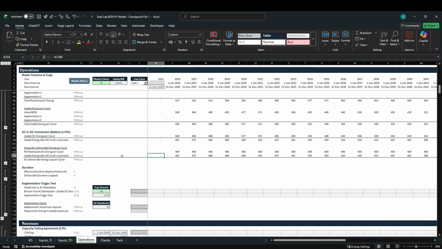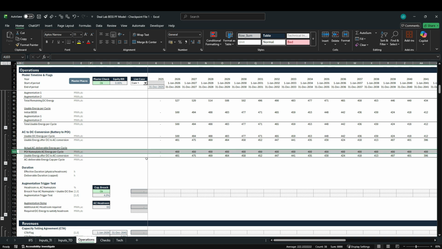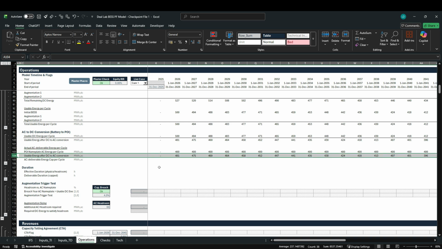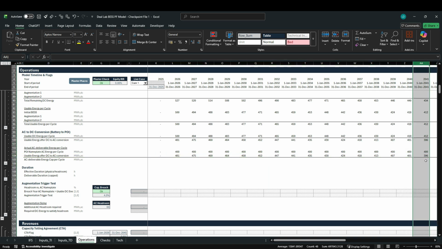And now these two rows represent two different things. Row 103 basically represents our contractual obligation. In the tolling agreement, we will have to deliver 400 megawatt hours AC per cycle, whilst row 104 reflects the actual physical energy we could deliver. And you can see that in the first year, we could deliver about 20% more energy, while in year 2041, there would be already a breach due to the degradation effect of the batteries. So physically, we could only deliver 396 megawatt hours on an AC basis, while contractually, we will be obliged to